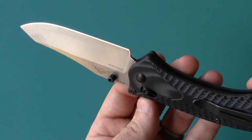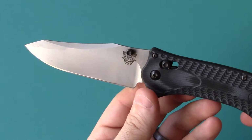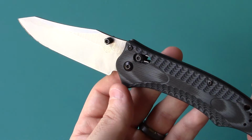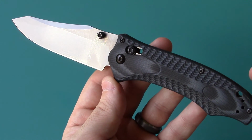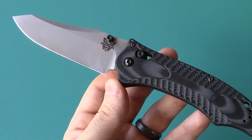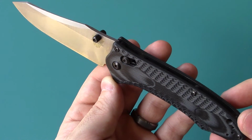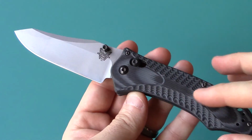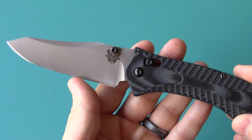I guess, if it was my guess, there's some other blades that Benchmade has put out that are selling much better, probably the Griptilian. This is a very similar size and category to what the Griptilian fulfills, I think. And I think that everybody knows the Griptilians sell like crazy. They're a wonderful knife, and that's probably why they haven't released a whole lot of other variations in this knife. Yes, different types of material and finishes for the handles and different coatings on the blade,